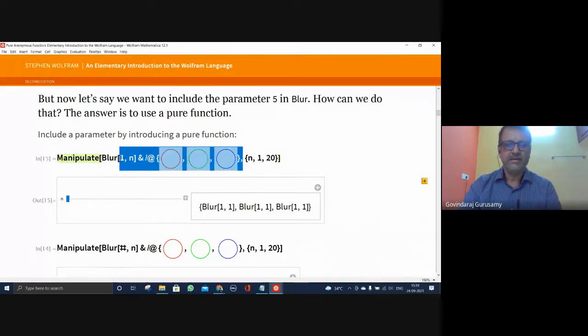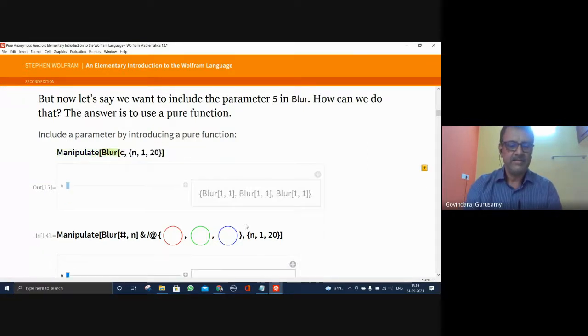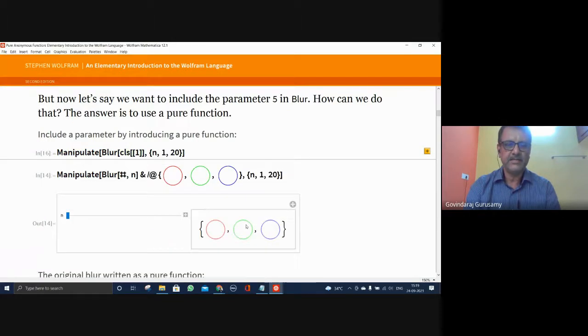Now I wanted to have only one. Do the blurring on this. This list is not necessary because I have only one element in this. Okay, I'll put CLS 1, which is already defined. This is available for you. That has come here. Then play